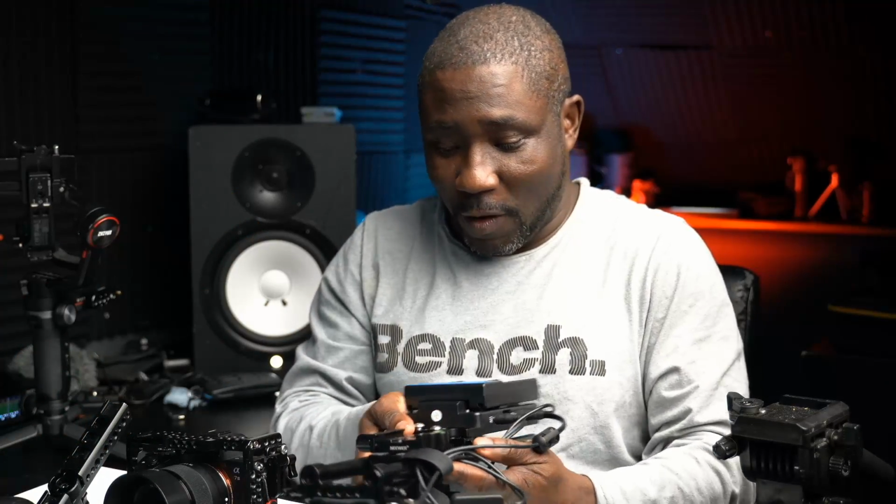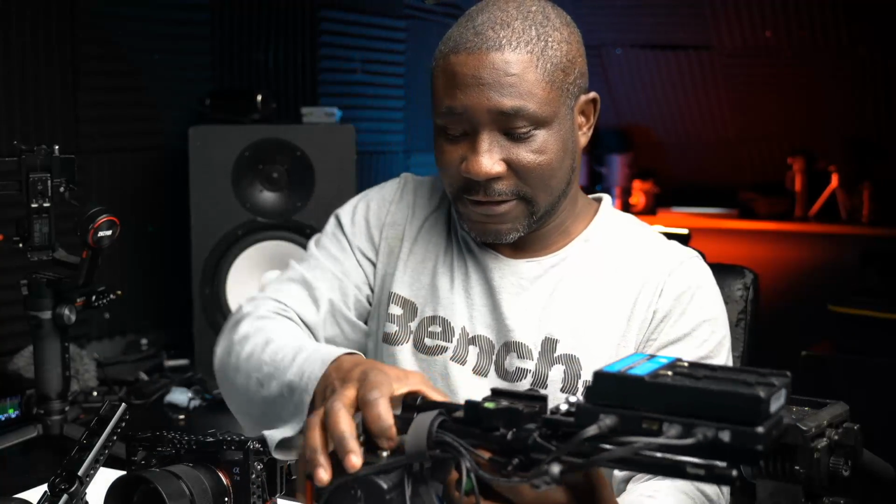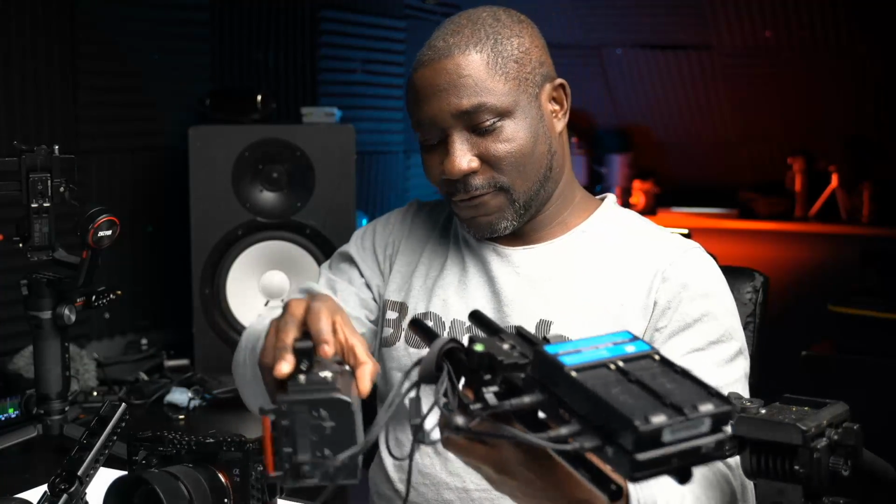And there's a lot of components here. I'll walk you guys through every one of them easily. Let's just disconnect everything so we can go through the whole rigging process. Right, so first off,